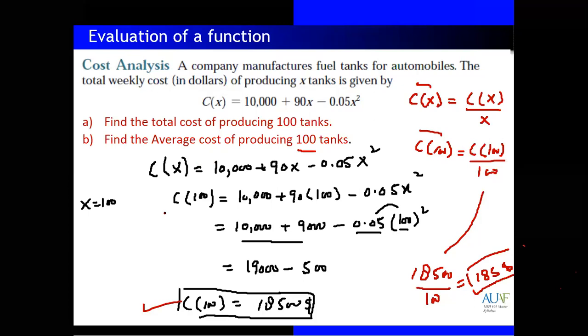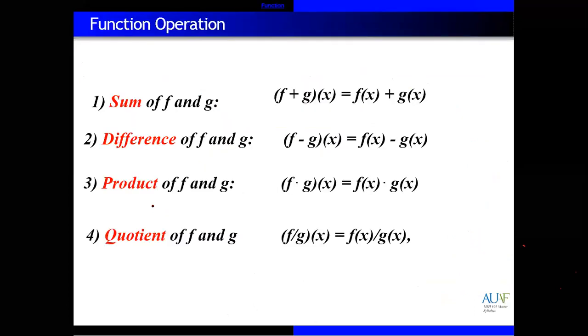So we have evaluation of a function. This was just replacing x value with a number, evaluation of function. Now we have some operations, how we can add two functions, f of x with g of x, f of x minus g of x, f of x multiplication with g of x, and f of x division with g of x. Two functions, three functions, maybe we can add more than five functions. So what is the procedure? Same procedure like we have algebra addition.